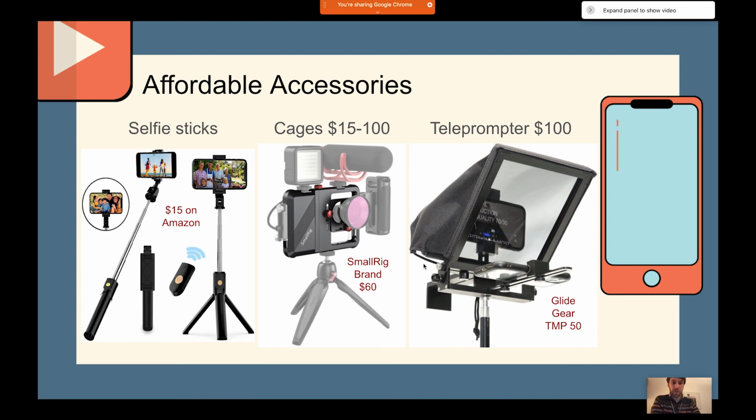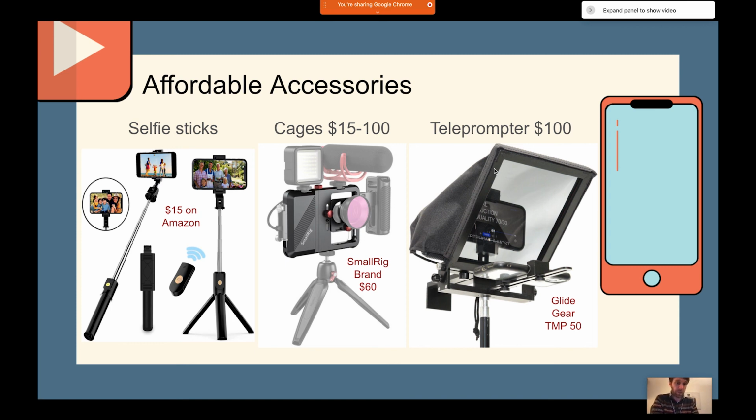Teleprompters, those can be extremely handy, especially if you're interviewing somebody who's supposed to be reading off of a script, and instead of having them looking down and looking up and having to maybe record one line at a time, you can get miniature teleprompters now. They make, again, a bunch of different kinds out there. This one I found on B&H's website, and I thought it was kind of cool because it's built specifically for